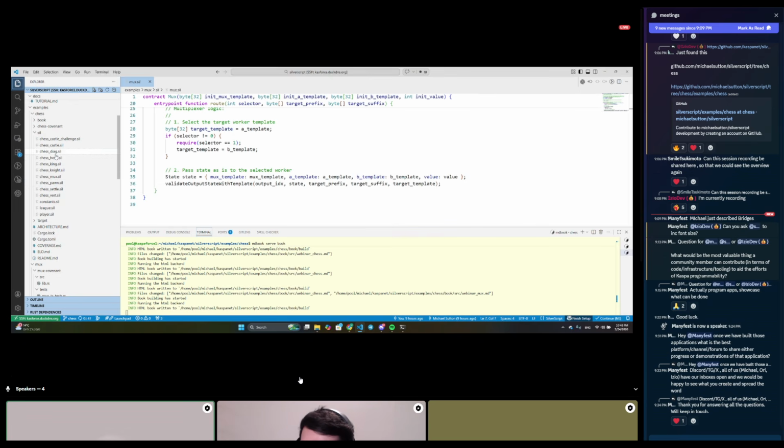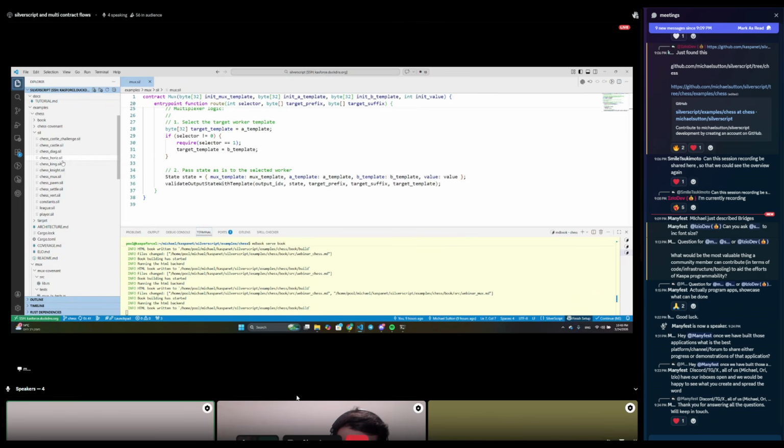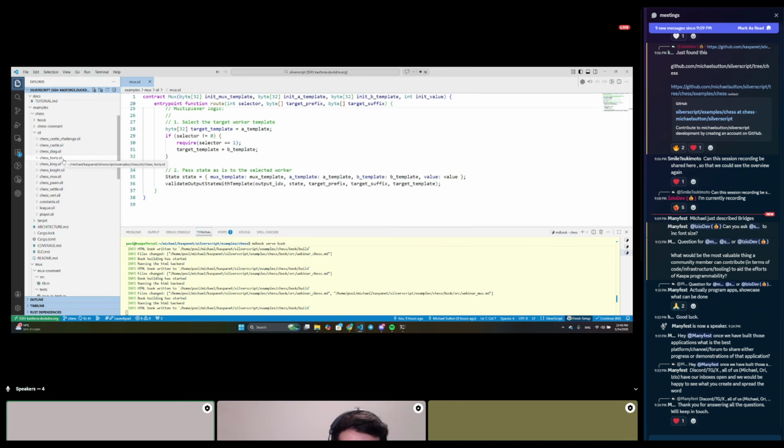Some of the workers are named by the piece, the king, knight, and some of them are named by the move type: horizontal, diagonal, vertical. That's where the queen and the bishop share the same kind of movement. So you can share logic. The verification of a diagonal move is equivalent for the bishop and the queen, and a vertical and horizontal move for the rook and the queen.